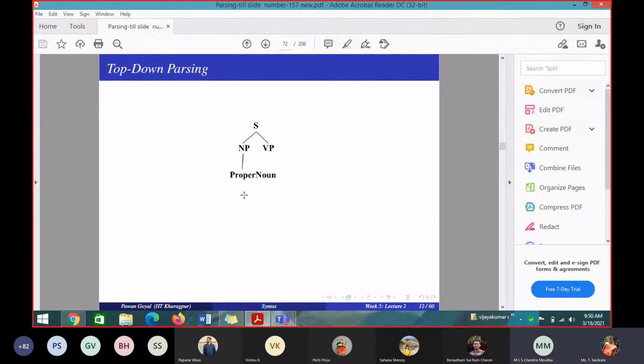I will teach only top down like this in depth. Bottom up you have to do the reverse of this. That's all. NP gives proper noun. Is proper noun deriving book? Is any production rule giving proper noun giving book? No. So that is also wrong. That's why I gave a cross mark like that. You have to draw all the steps. Giving a cross mark, this branch is not available.